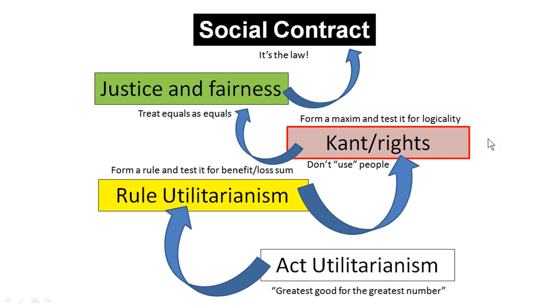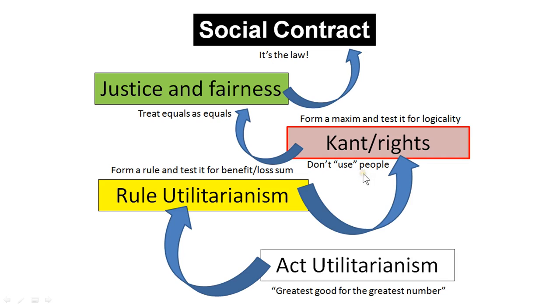The most typical example of this is setting up the rule, it's okay to lie. That becomes logically a conundrum because if everybody is able to lie, you can't even tell if the statement I just told you is true or false. So it sort of loops back on itself in a way that becomes logically inconsistent.